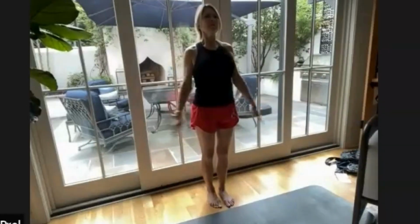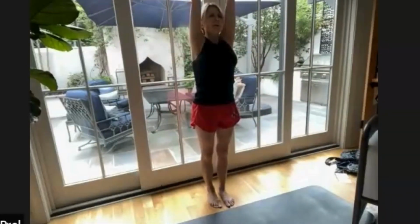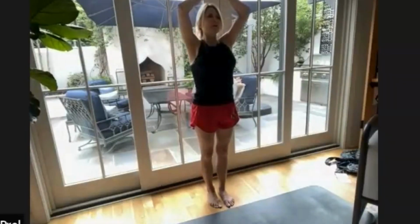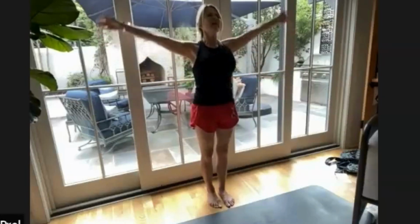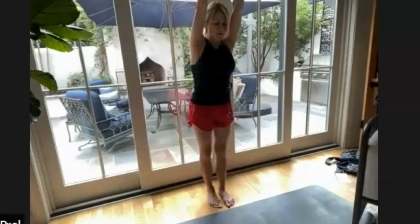Let's slowly, with control, bring that leg all the way back down to the mat. Let's bring the arms together to the ceiling, grabbing that big ball of energy to heart center, taking a deep breath in and letting it all go. Let's again bring the arms to the ceiling, and we're going to come all the way down